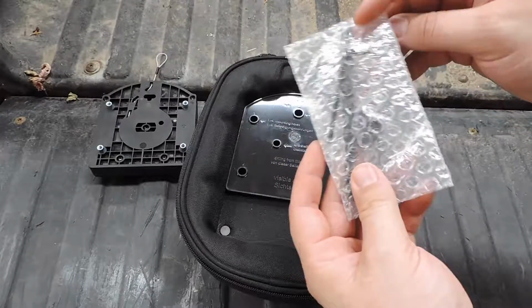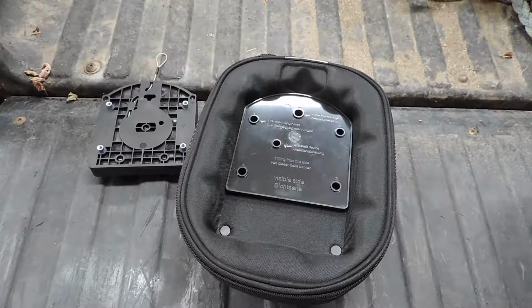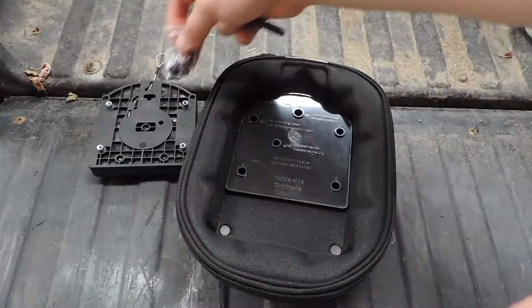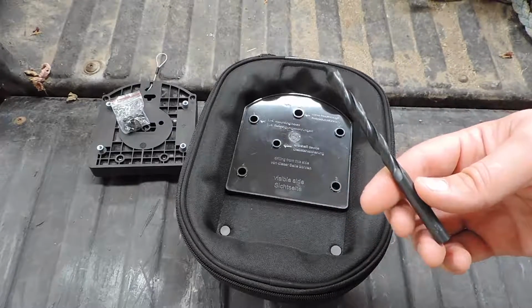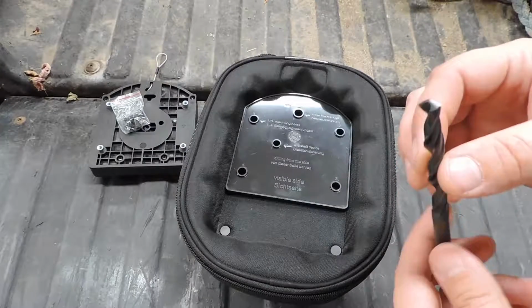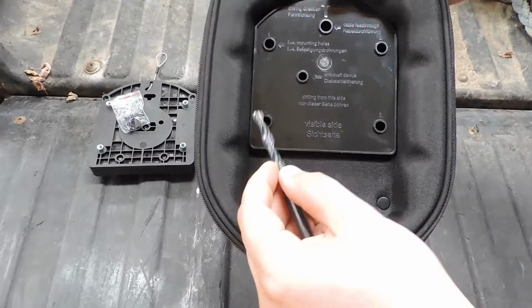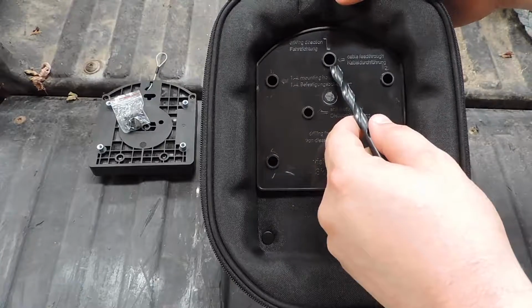Also in the kit, kind of buried in the bags, you've got this little bubble wrap bag. And inside you have got these screws that attach the plate to the bag, and they even gave you a drill bit, which kind of sucks that you got to drill a hole in a brand new bag, well, multiple holes, but at least they gave you a drill bit. It's the perfect size, so you don't have to worry about whether or not you've got the right size bit. You just use this one. So you've got these 4 holes in the plate,